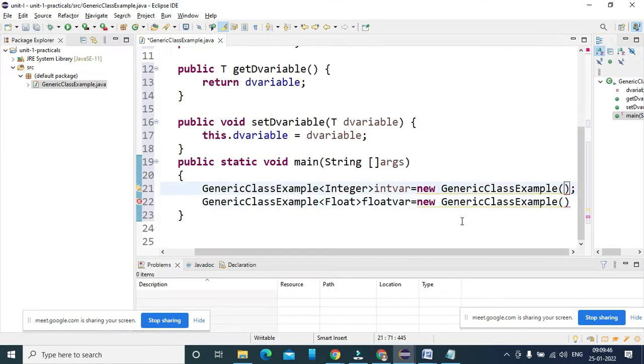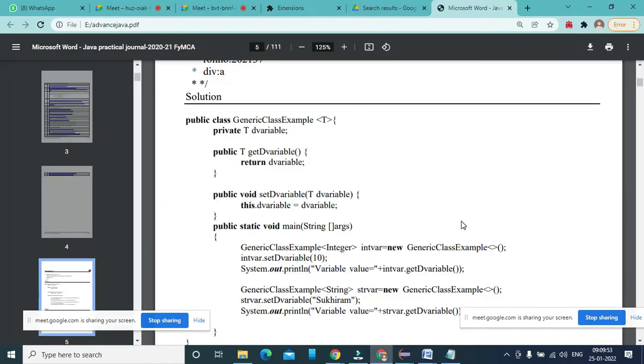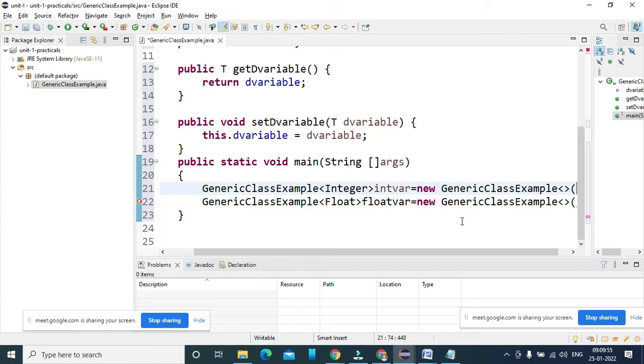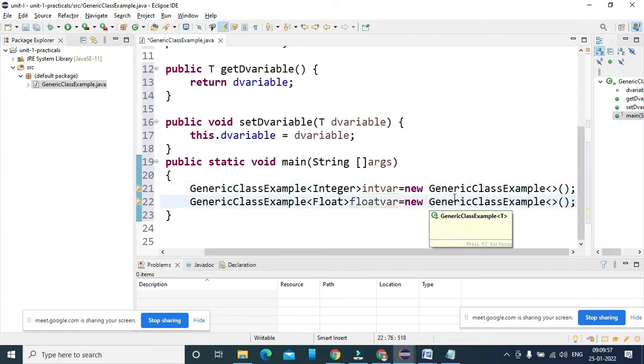I forgot to put these two parts here, so it indicates that you are creating the generic kind of variable.